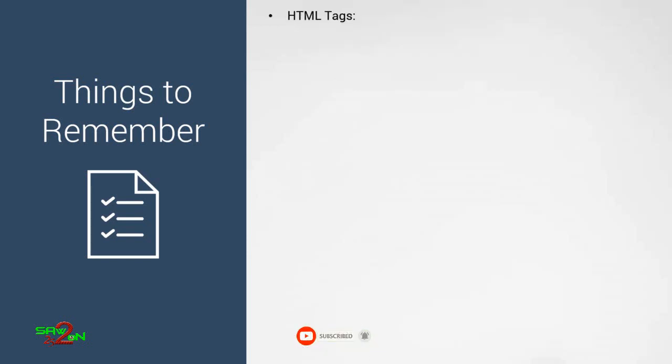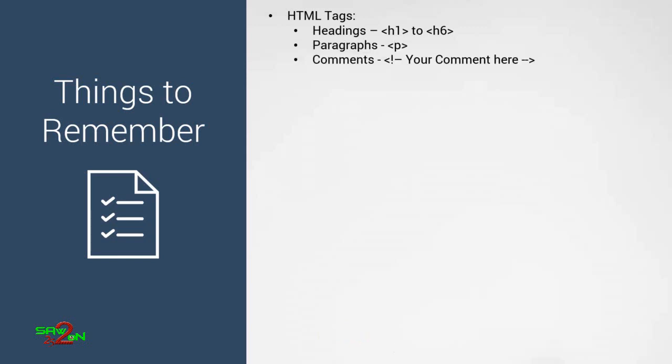Then some of the tags that we have seen in this section: heading tags from h1 to h6, paragraph tags with the p tag, comments with less than, exclamation, double hyphen, and then double hyphen, greater than symbol. Then we looked at the horizontal tag that will draw a line onto the page to create nice sections with the HR tag. Then line breaks, you can add line breaks with BR. If you add new lines onto the HTML page, it's not visible onto the web page. To add new lines, you have to use BR tags.